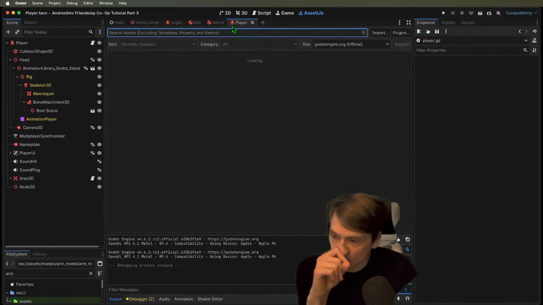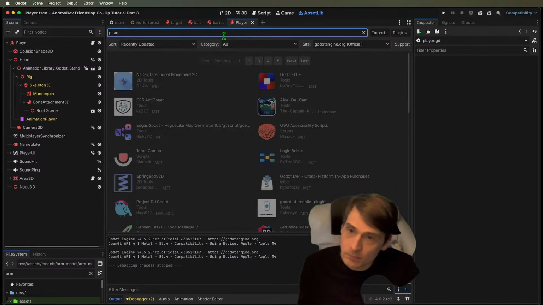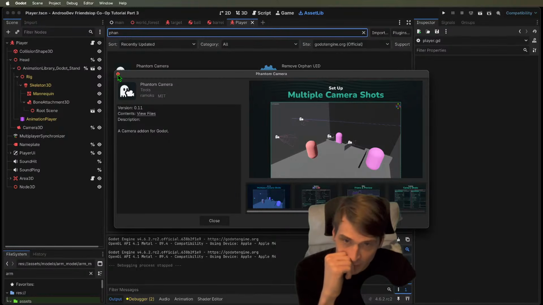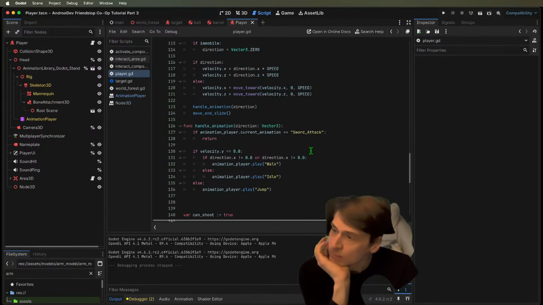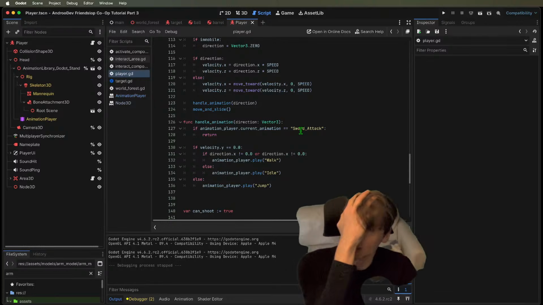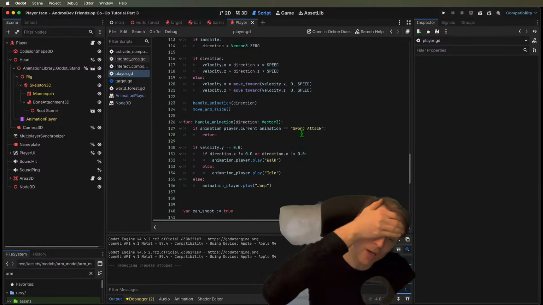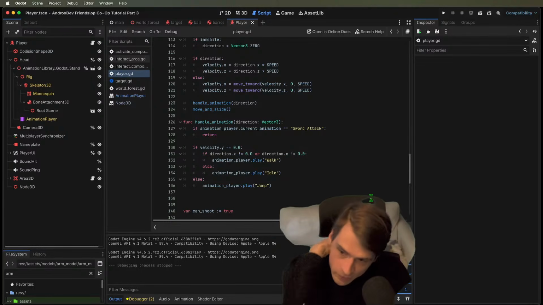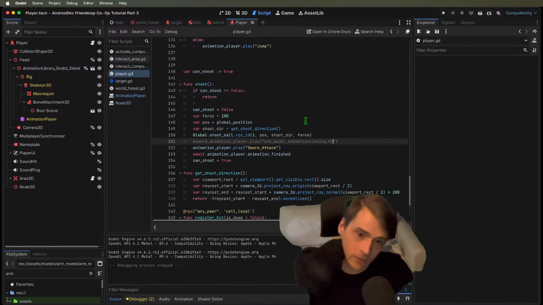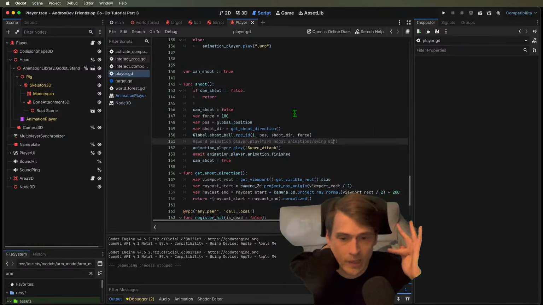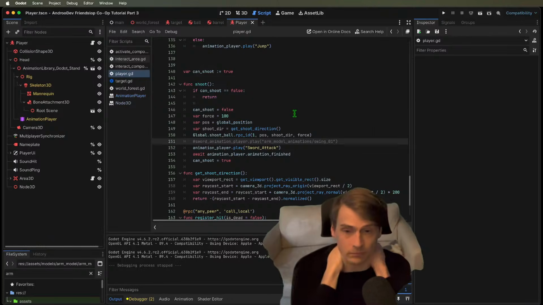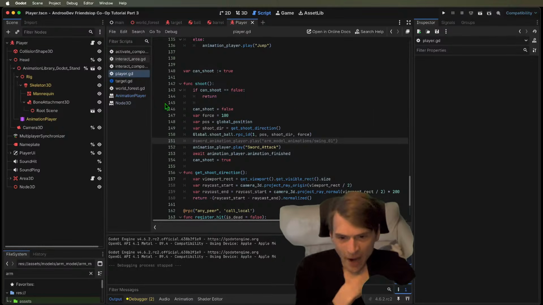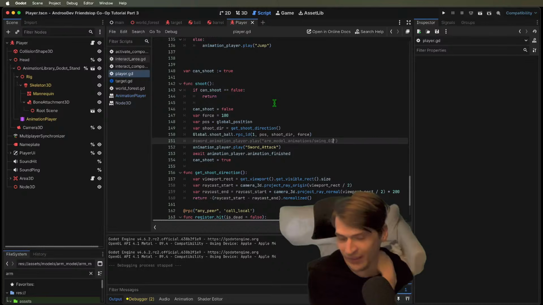The way I'm going to do a third person camera is with Phantom Cam. It supports an easy third person. The nice thing is you get to see all the animations in the library, but the trade-off is that now you have this over the shoulder approach, which is good or bad depending on how you want it. I do not know which is better for this tutorial series. It's tough because